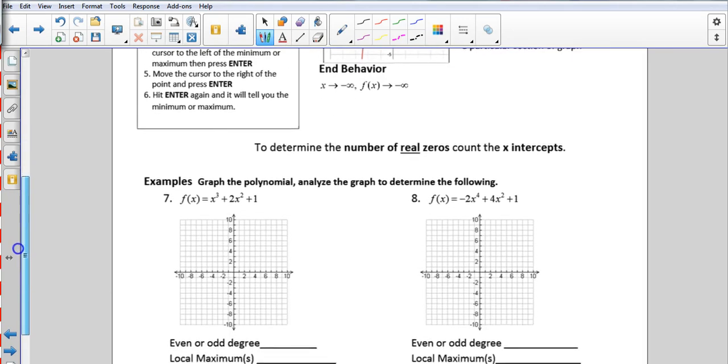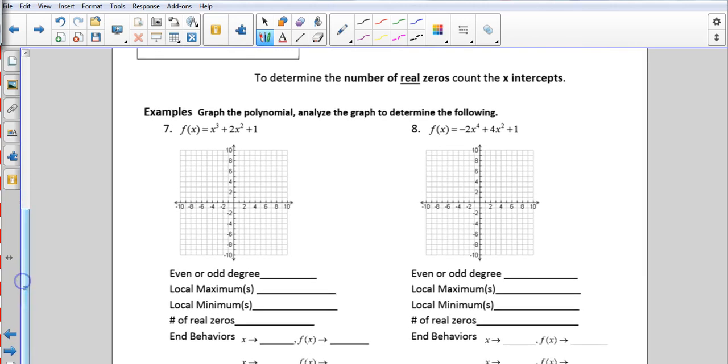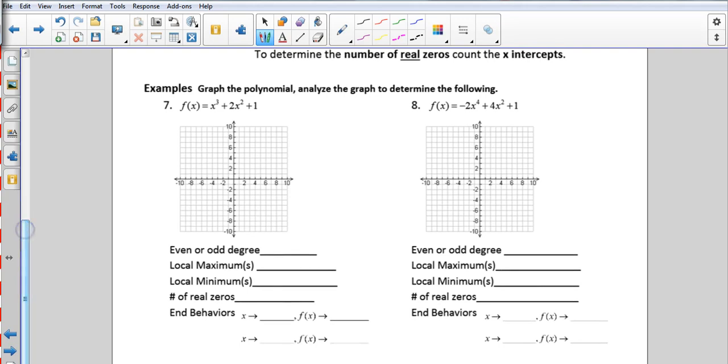And once again, we're going to look at some other examples. Determine the number of real zeros and count the x-intercepts. So, as we just did in 3.8, we look at this and say, is it even or odd degree? Well, it's odd because it's 3. Local maximums, local minimums, we'll find that out. Number of real zeros, we'll find out, and our end behaviors. So if we graph this on a graphing calculator, which you should use,